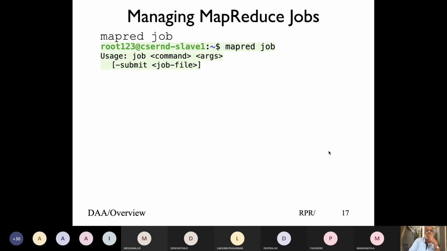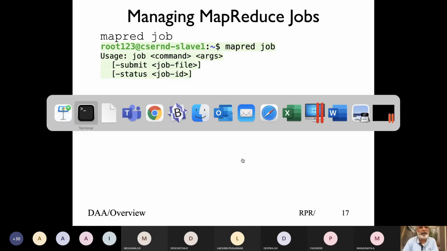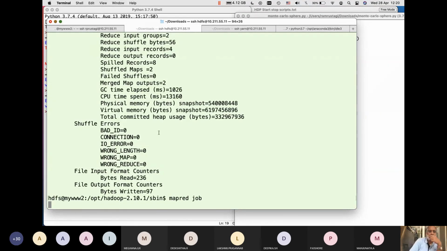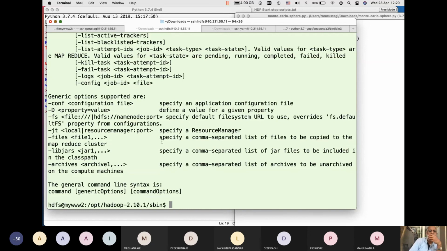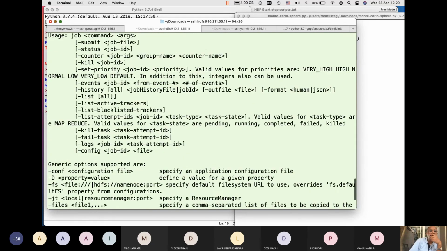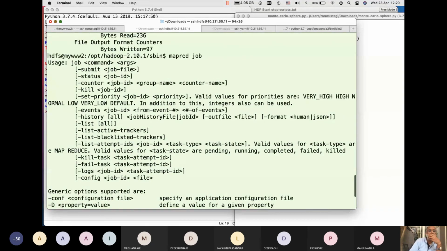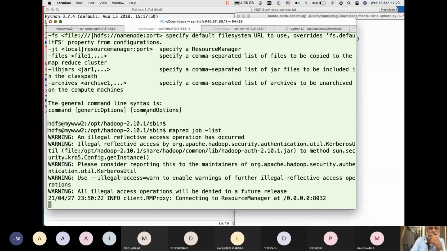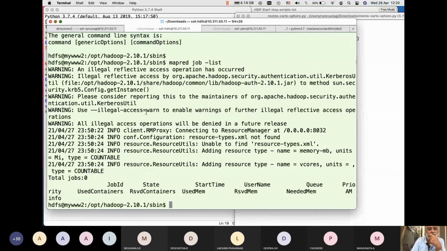If you simply run the mapreduce job command, it basically tells you the syntax, what the possible commands are. If you look at submit, status, counter, kill, you can do events, explore all of those. If you do a list, it will probably give you a list of jobs, completed or something of that kind.